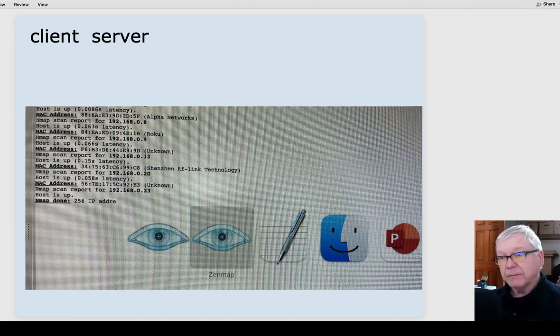The ZenMap front end for Nmap actually is a client-server architecture, and if you look at it closely on the Mac here, I tried to take a screenshot to show there are 2 apps actually running. One is the client app, which calls the server app. I'm running it locally. I could actually run that server remotely somewhere where maybe I wouldn't be seen, and I can control that from a distance. And that's an aspect of some of the kinds of utilities that might be used by a hacker or might be used by penetration testers, that we can have a server which resides somewhere else.